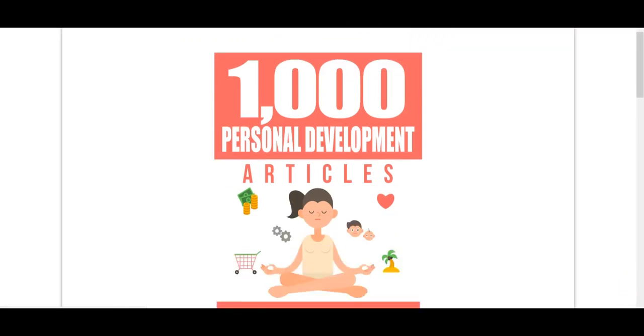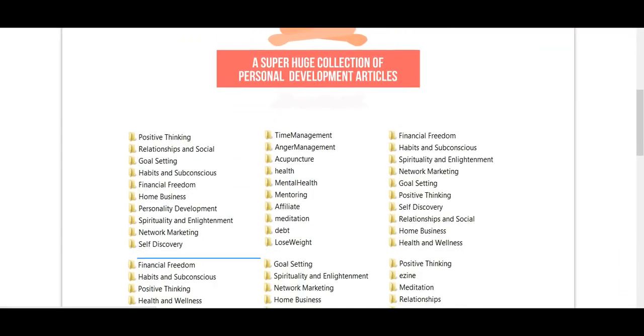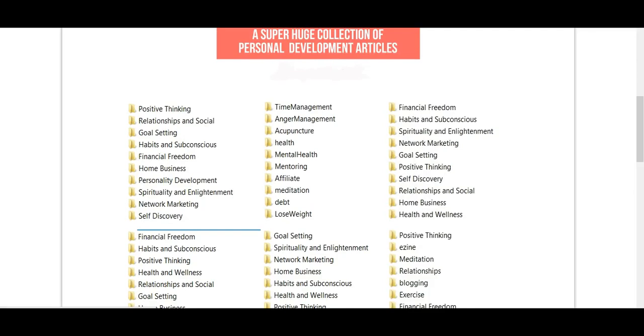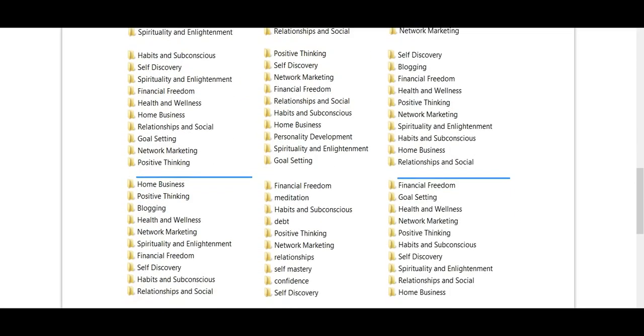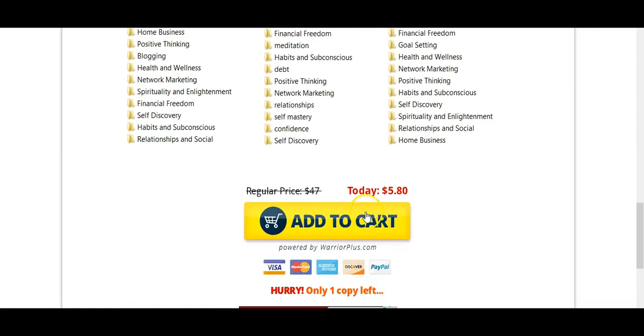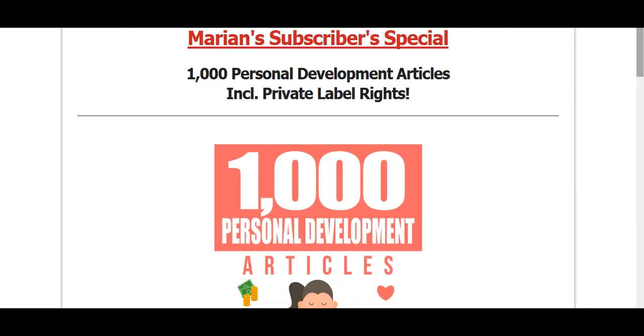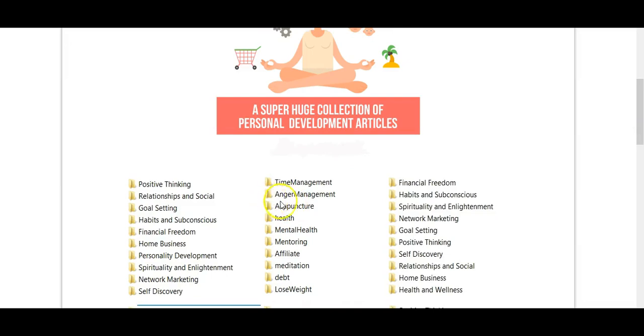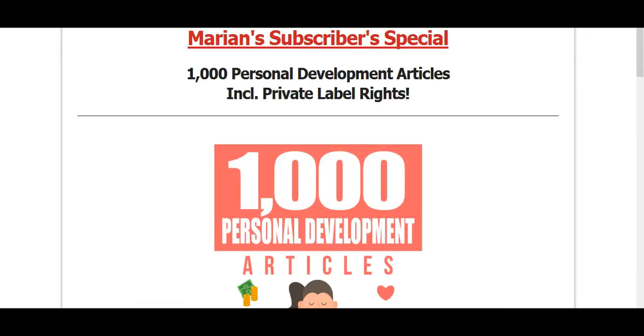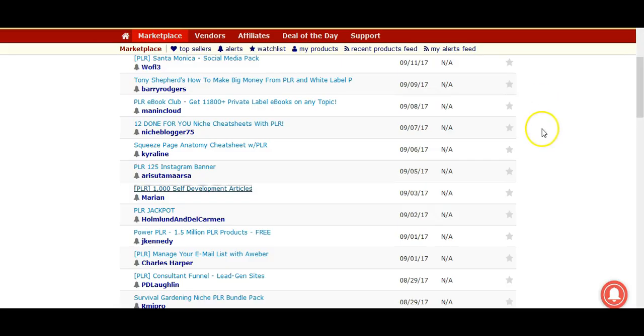Okay, let's see what this is going for. 1,000 articles. There's a lot of topics here, and that is a lot of articles for 580. So I assume this was a popular one. But whether anybody will actually use all those articles, you might pay that money but maybe you were only interested in a certain section of them, maybe the acupuncture or positive thinking. Maybe the rest of those articles would be useless to you, so maybe not everybody would jump on that because it might not be relevant to what they're doing.